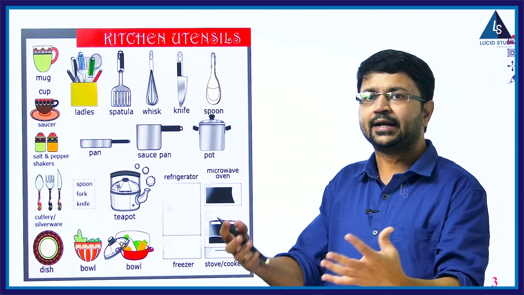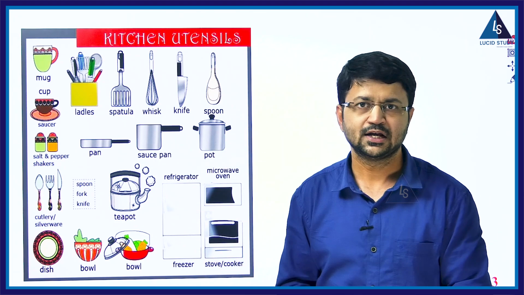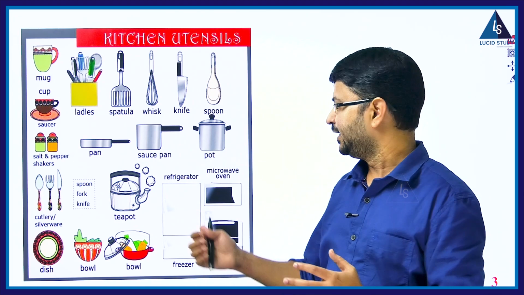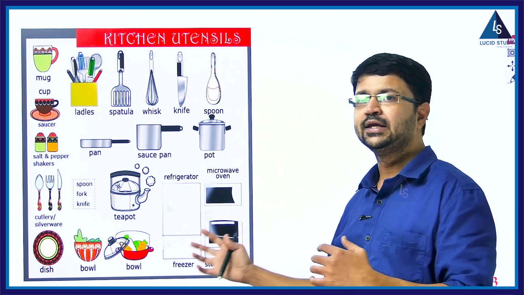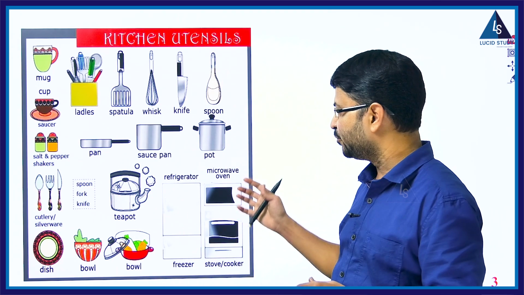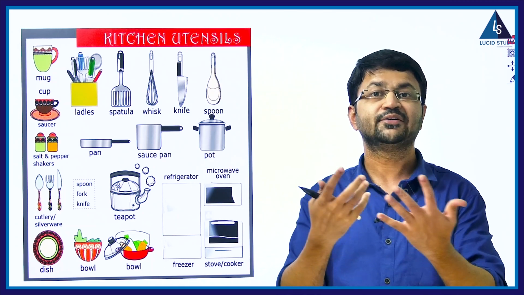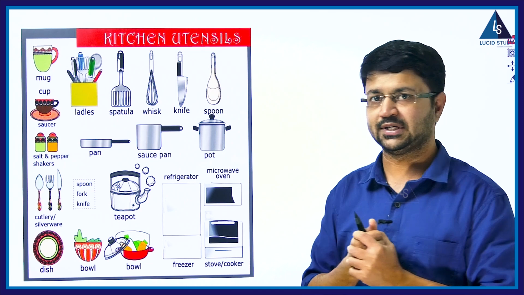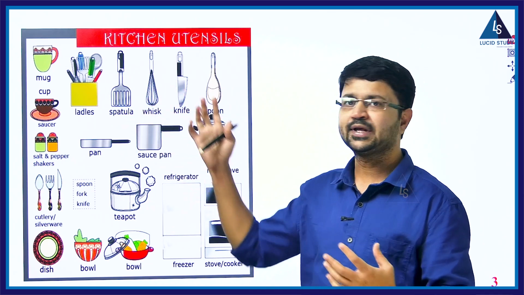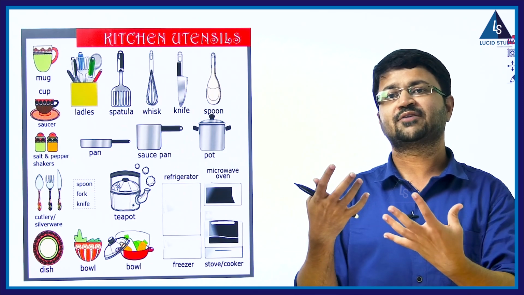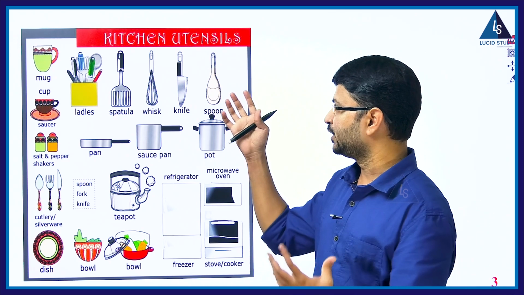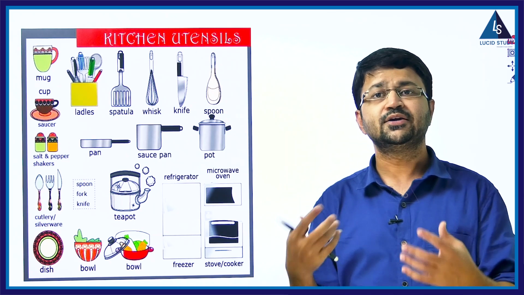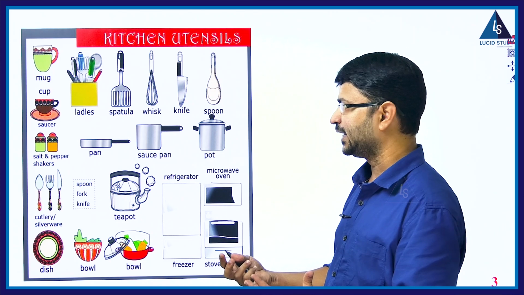Now let us enter into our kitchen. Is it clear? Our kitchen consists of so many utensils. These utensils are made up of different materials, and they are used for different purposes. Is it clear? If we want to cut some vegetables or fruits, we use the knife, and if we have to eat something,